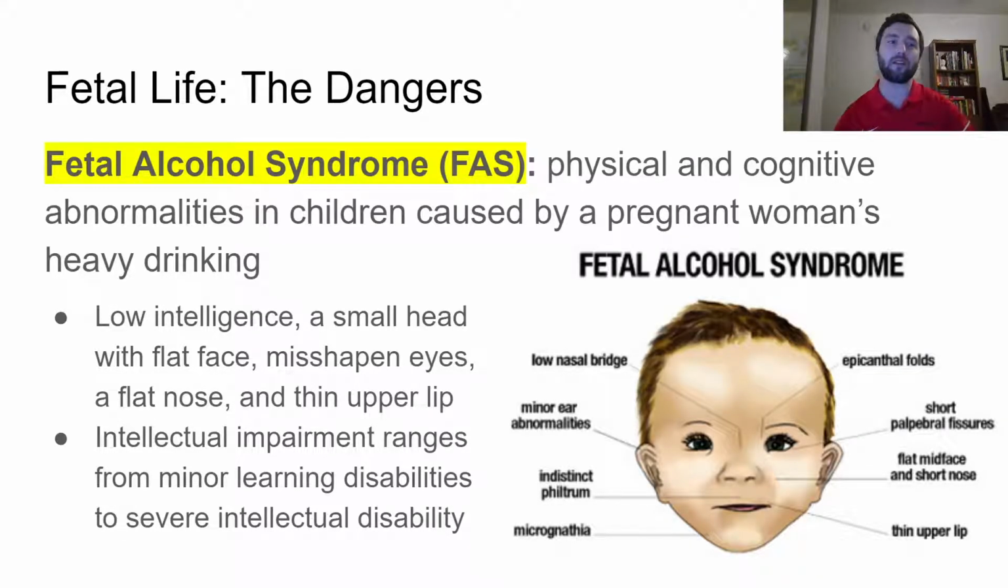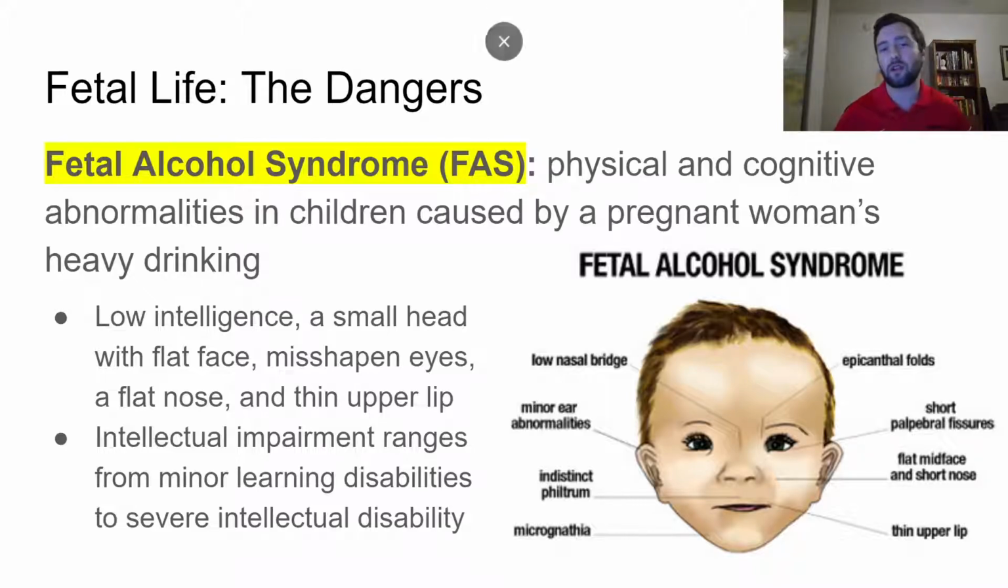Usually this requires at least a pretty good amount of alcohol intake to cause these different things. Now, again, there's a range, just like a lot of things we talk about. There's some that will be very extreme, some that will be more minor problems. But some of the things that we see with fetal alcohol syndrome are low intelligence, a small head with a